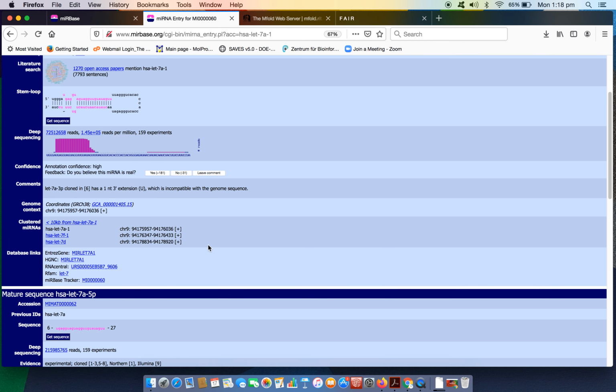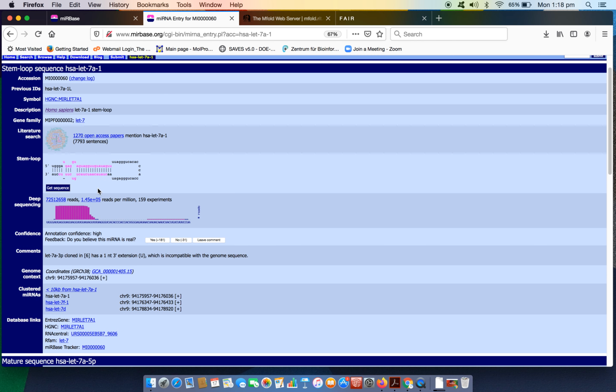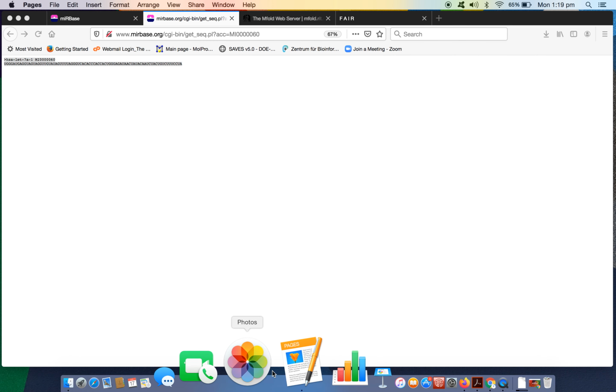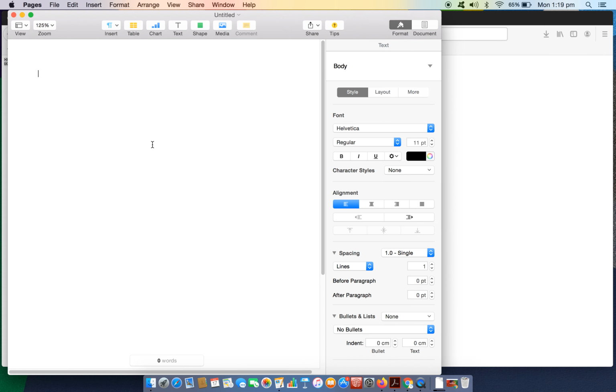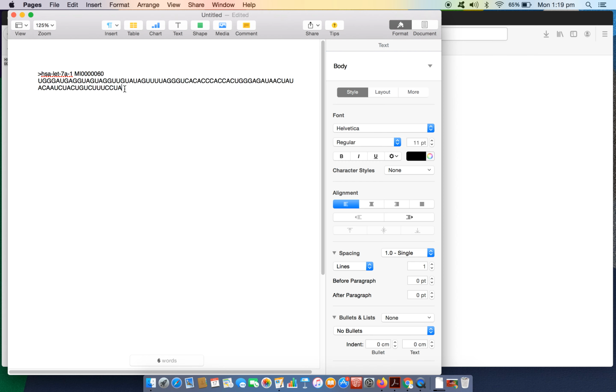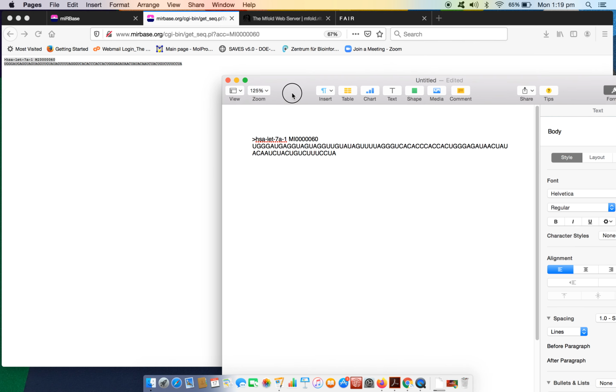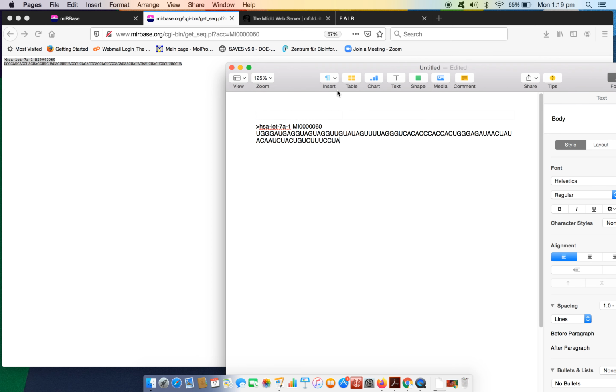Now, our working molecule for the analysis is initially the precursor sequence. So I will click on the get sequence option, as I had mentioned in the slides, and this is the page that I am redirected to. Here I'll copy this particular segment, open a Word file or a Notepad file, and paste it in this file for my ready use. I'll keep this file open.